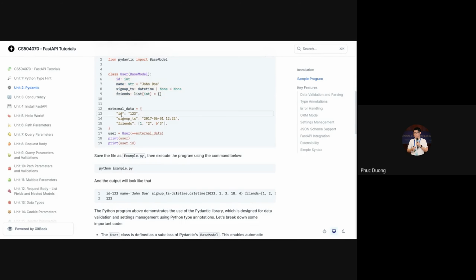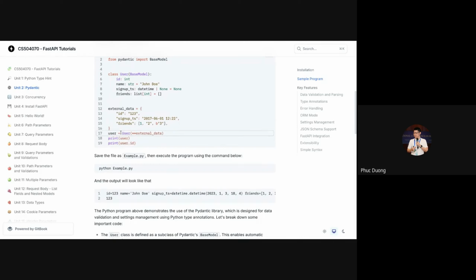So we assign id from external data to the id in the User class, assign sign up timestamp to the sign up timestamp property, and so on for friends. And on lines 18 and 19, we print the output on the screen to check the program.